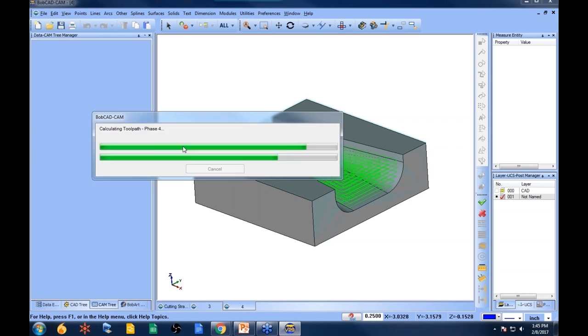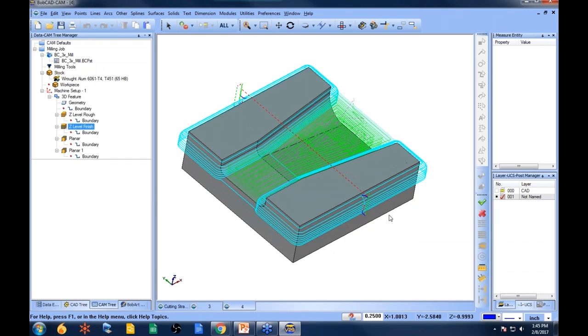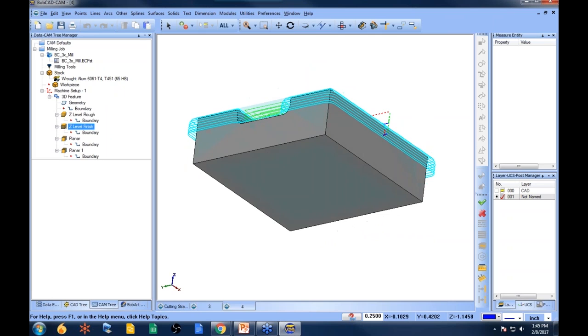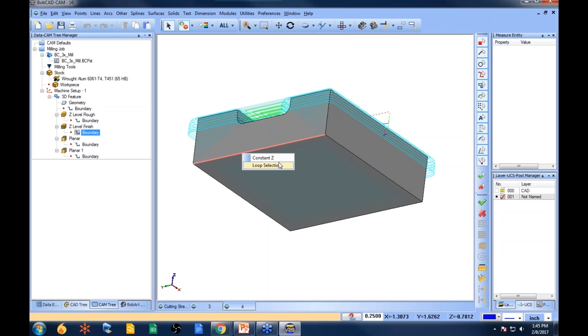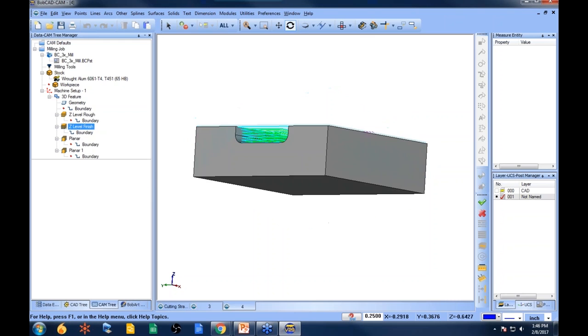We'll do our Z-level finish. Now, the Z-level finish, let's look at some of the settings here. Of course, we don't want it to go around the outside of the part here. So one of the things we can do for our boundary, we can right-click, reselect, right-click on this edge. You can go over an edge and right-click, and it will give you constant Z or loop as an option. So in this case, we're going to choose constant Z, spacebar to lock it in, recompute our toolpath,